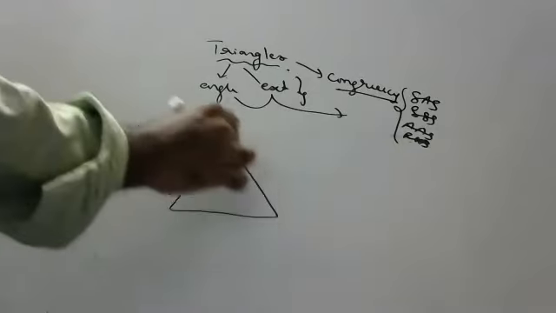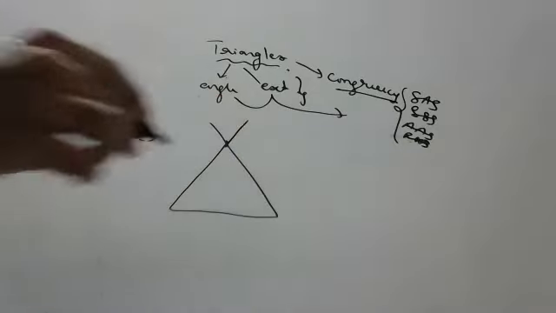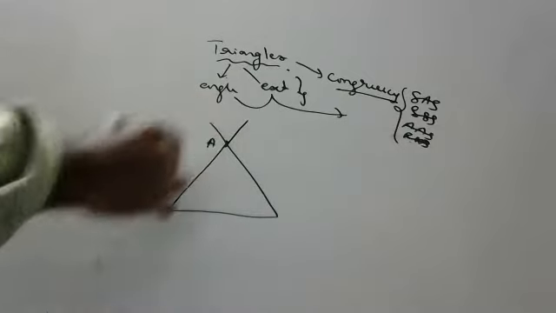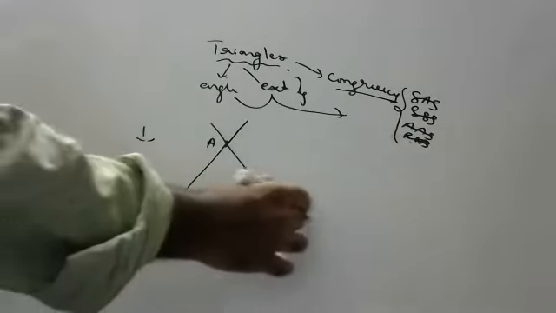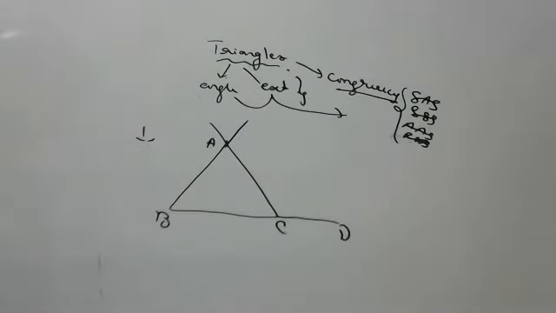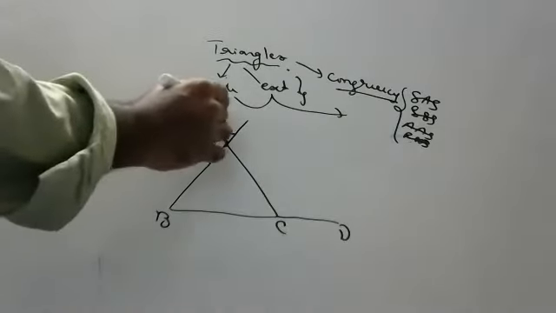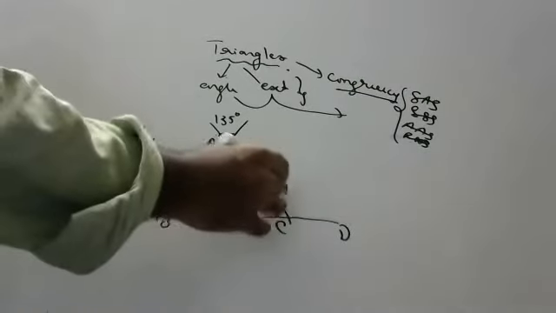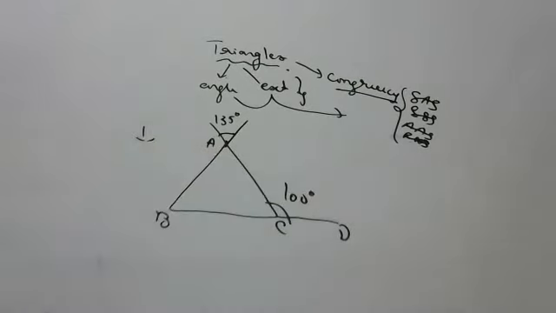First sum. It is like this. Please open and see A, B, C, and then what is given, children? This is your D, and this is 135 degrees. I hope everyone is able to see. ACD is given as 100 degrees. This is the question, children: find all the angles.